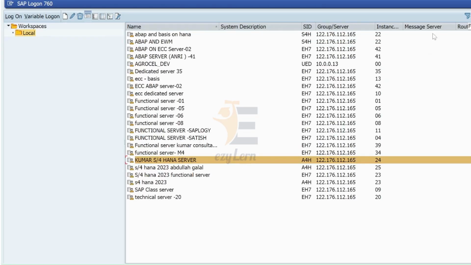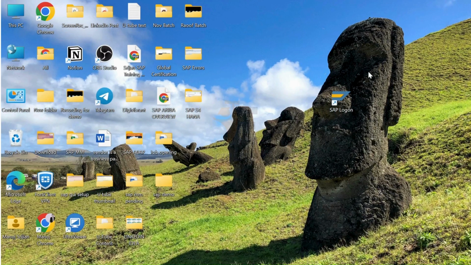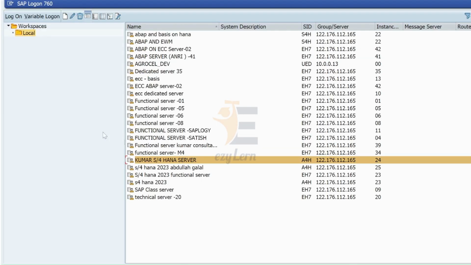This is SAP Logon, or you can say the graphical user interface, SAP GUI. That is required to add the credentials. It's just a front-end installer, so it's required. Once you have installed SAP Logon, then you can add your credentials.